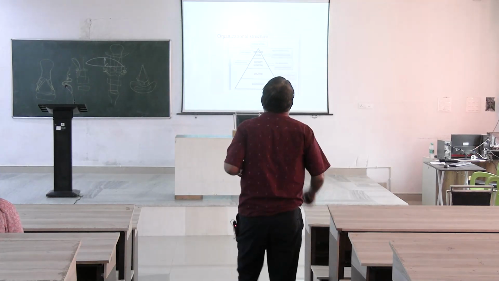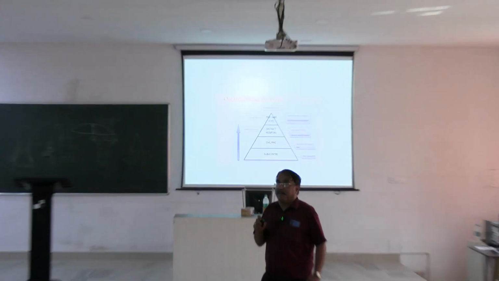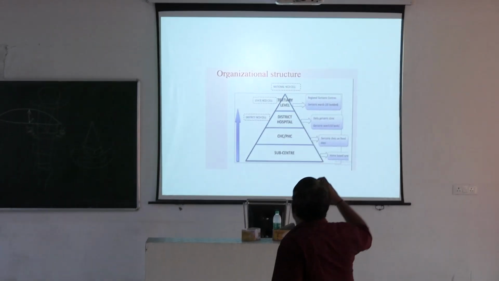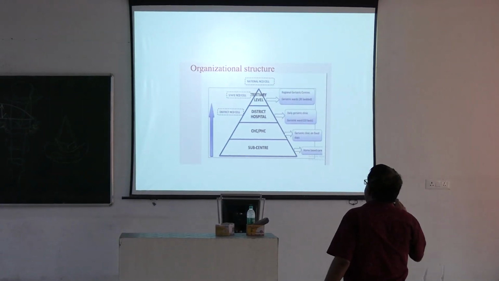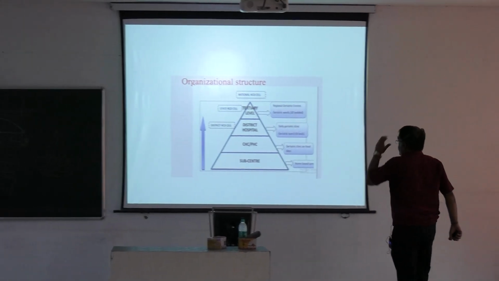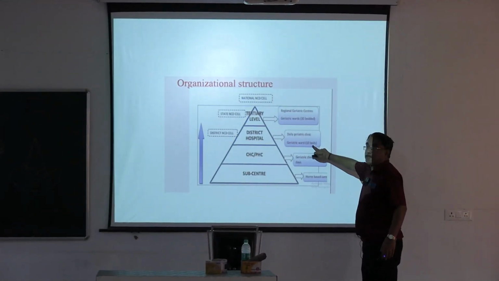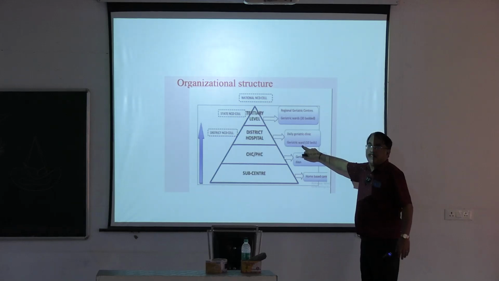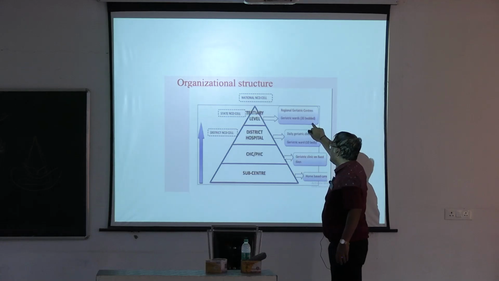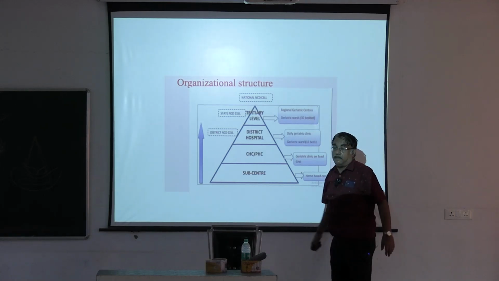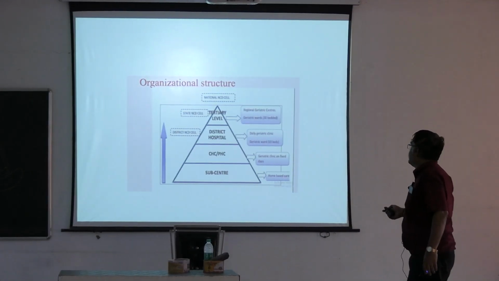Then in the district hospital, you have a daily geriatric clinic. In PHC, you have it on fixed days. The district hospital has it daily, and in the primary health center or community health center, you have only the geriatric clinic. But in the district hospital, you have a geriatric ward of up to 10 beds. And at the tertiary level, a regional geriatric center with 30 beds for geriatric patients. These are the projections, okay. Unfortunately, we have not reached that.